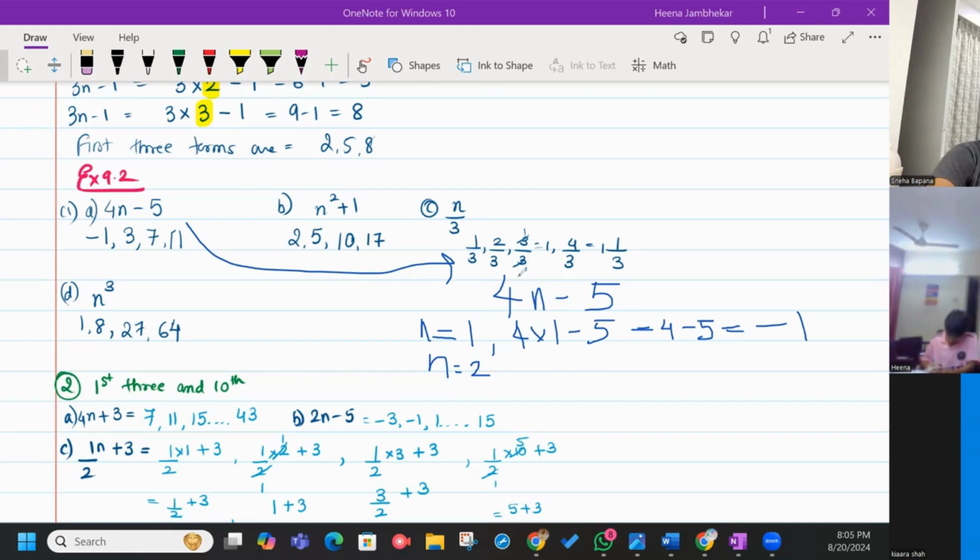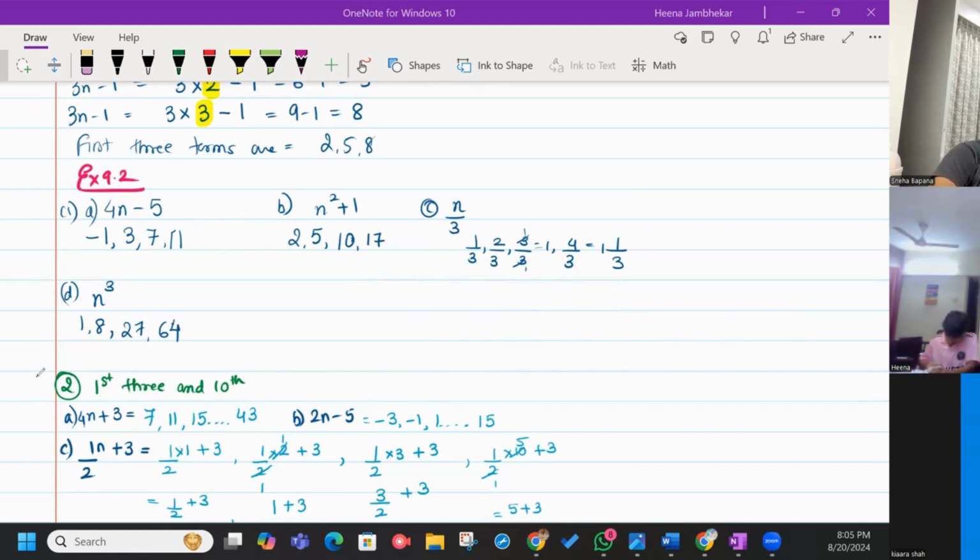Now let's talk about this one. This simply says n cube. n cube meaning 1 cube is 1. Your next one will be n is equal to 2, so 2 cube is 8. So first one, 1 cube, which is 1. Then 2 cube is 8. Then 3 cube is